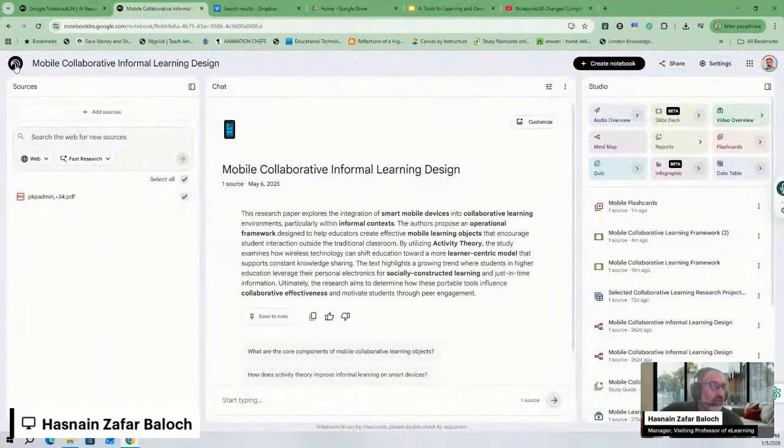Okay, so for those who are using Notebook LM for the first time, there are three columns. If you notice my cursor, the extreme left one is where you make sure you load your resources or knowledge base, and then in the middle is where you uncover the hidden context of your resources with the help of Notebook LM by interacting with the prompt. And the extreme right side is where you will have,